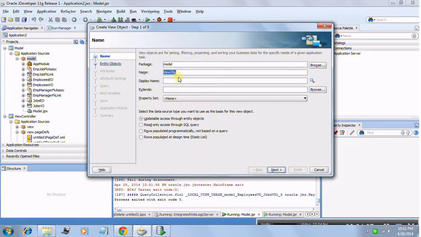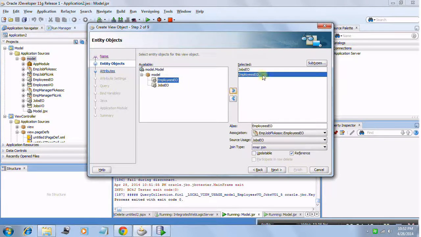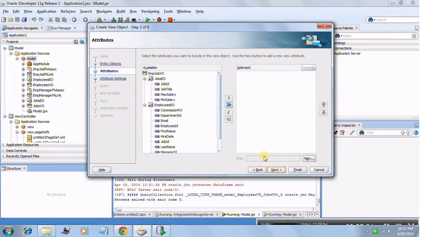View object. I will name it employee job view, and I will use these as my... So I'll select none for association. My view is based on these EOs. I'll select none. I'll specify my own. I will just select all these options, click next, and now it will